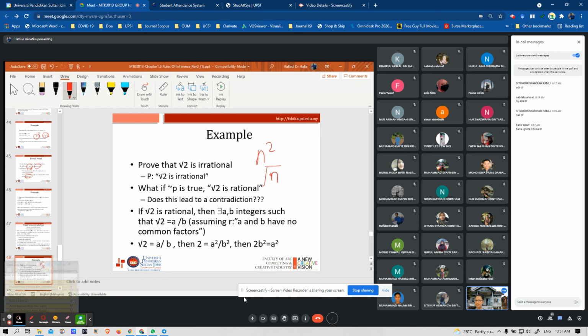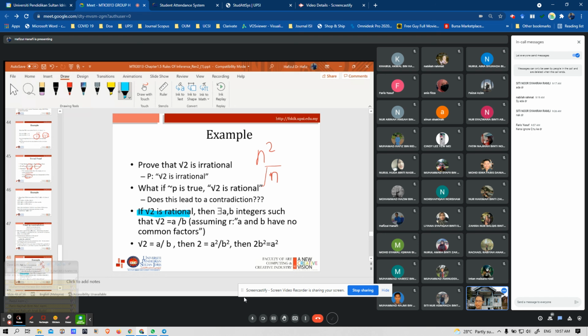What if we negate P? Negation of P is true, and then the square root of 2 is rational. This leads to the contradiction. Okay, if this one is rational,